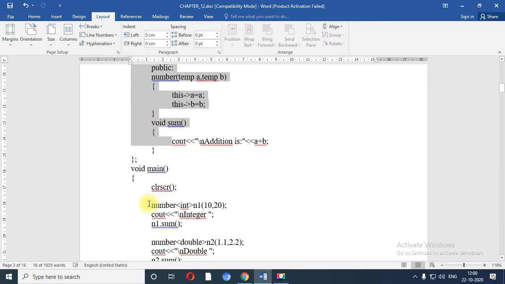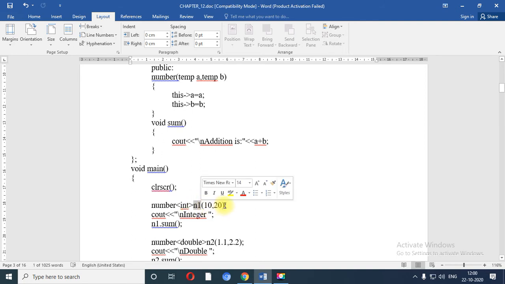Now when you are going to create the object of the number class, at that time you need to pass the value into the argument list, as well as between the signs of less than and greater than you need to decide the data type of this particular object. Right now, for the first time when n1 is created, we have passed the integer data type.